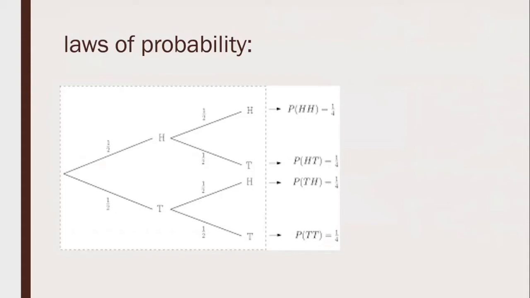Now the first toss is over here and the second toss is over here. In the first toss, the probability of getting a head or a tail will be half. Why will it be half? Because the total number of outcomes that you can get by tossing a coin will be 2, right? And getting a head out of those two outcomes will be 1 over 2, because you only have one option out of those two for heads, and the same goes for tails as well. So that's why you have half and half for heads and tails, and later on also you have half and half for getting every outcome.